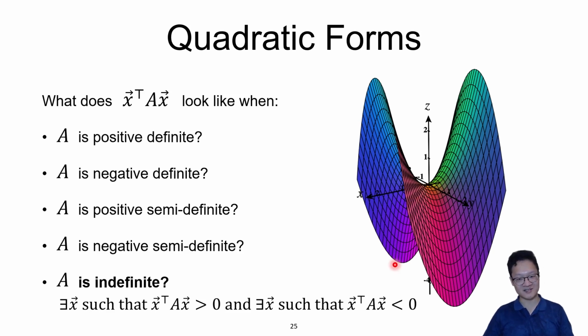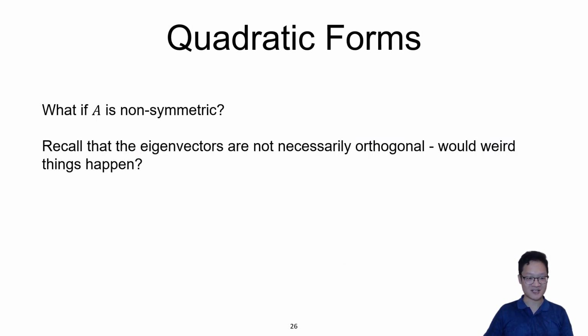And all of this, of course, extends to when you have more than two variables in the quadratic form. In this case, we're assuming that the vector x only has two components. That's why we can plot it using the third dimension as the value of the quadratic form. In general, x could have many components. In machine learning or computer vision, it could be thousands, for example. Okay, so this is basically a visualization of the quadratic form, and so far we've been assuming that A is